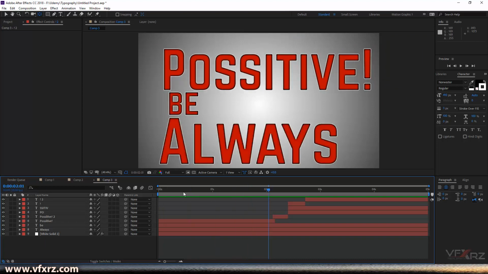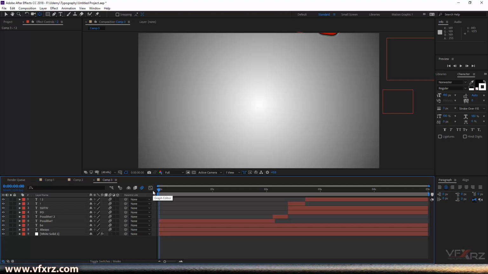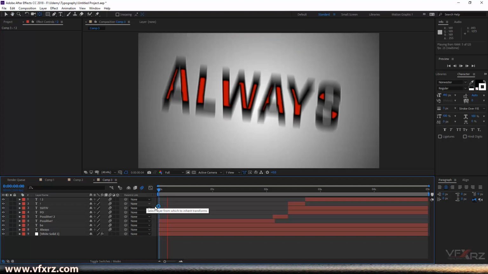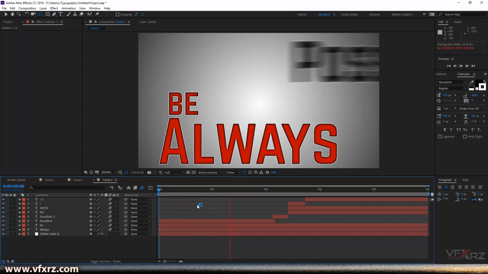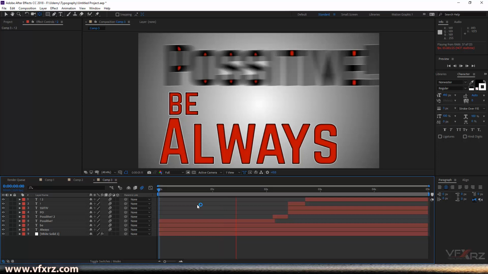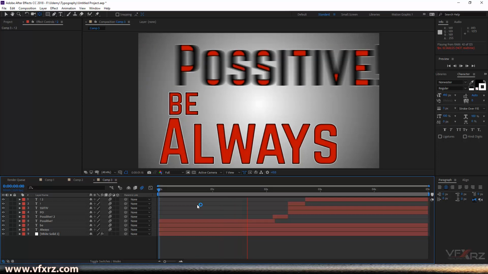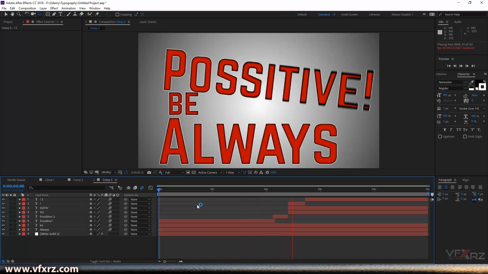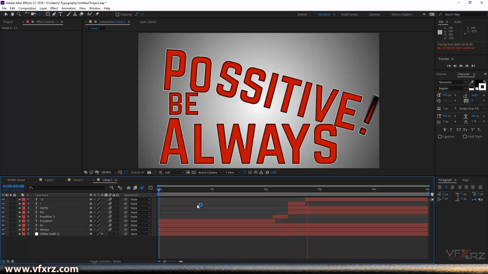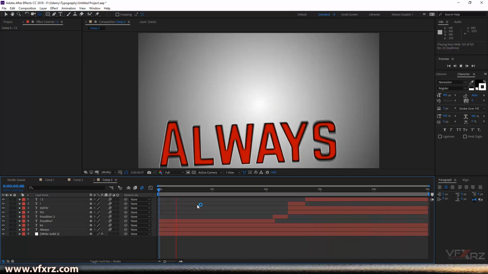Now add a motion blur. Here turn on that and add motion blur to all layers. Now when we play that, it's much better. It's really cool. Again, when we play that,